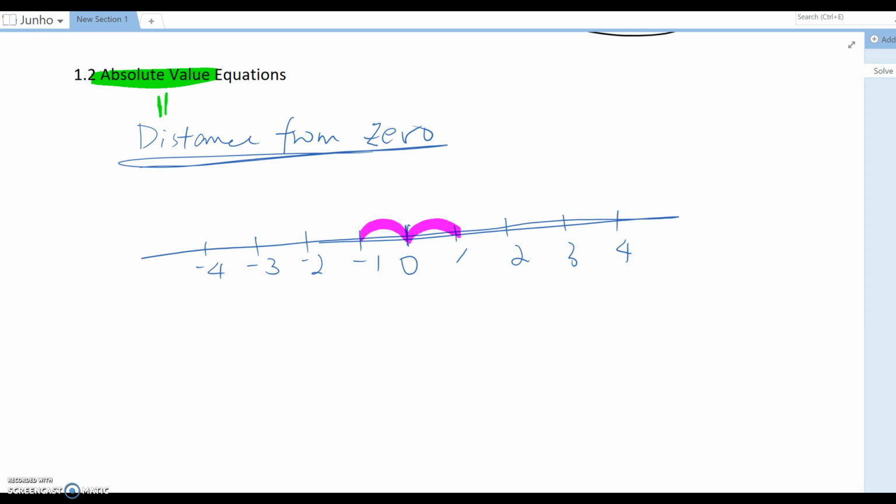And then 2 is 2 units from the 0, and negative 2 is also 2 units from the 0. 3 is 3 units from the 0. Same way, negative 3 is also 3 units from the 0. Like this,